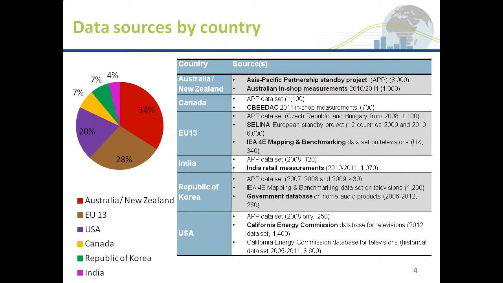It includes a European Commission sponsored project called Selena, which covered 12 countries in the EU. But we also have data from a couple of government databases and from the California Energy Commission within the USA. So quite a range of different